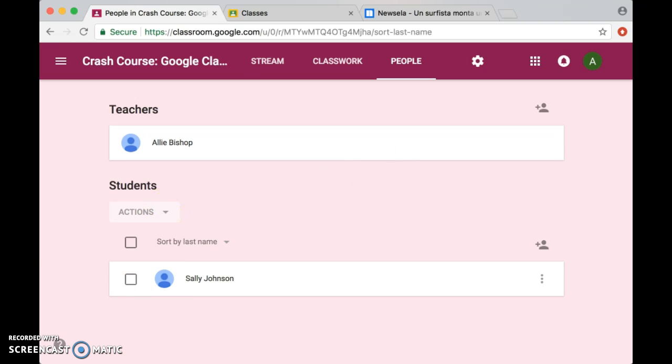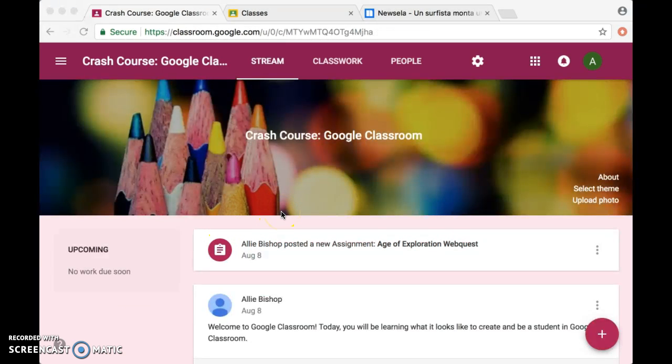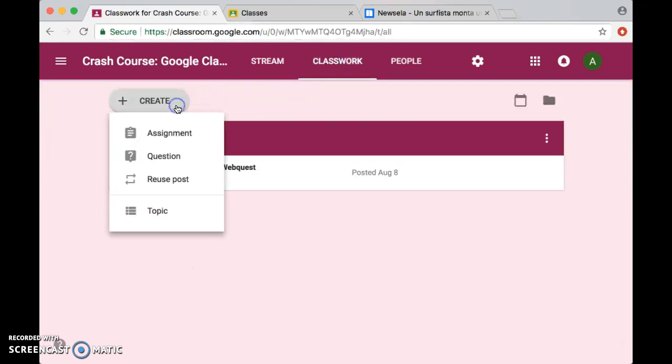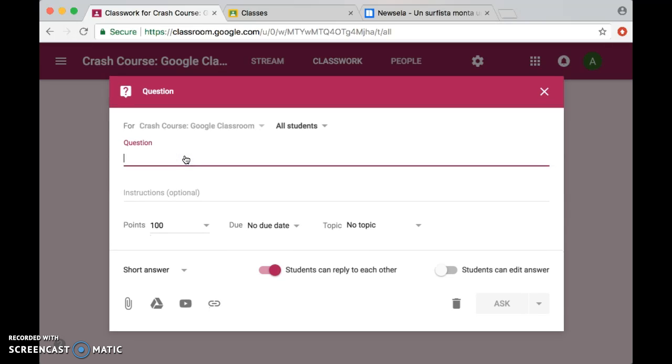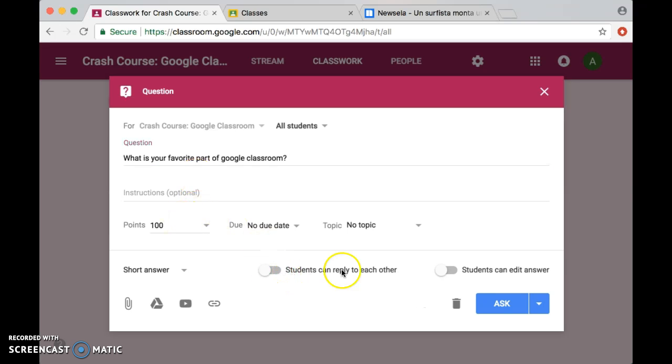So coming back to the homepage really quickly, another feature that's awesome that I didn't really touch on that much when I was talking about how to post assignments is that you can actually post questions on here. So if I wanted to create another assignment, I could write a question here. For example, what is your